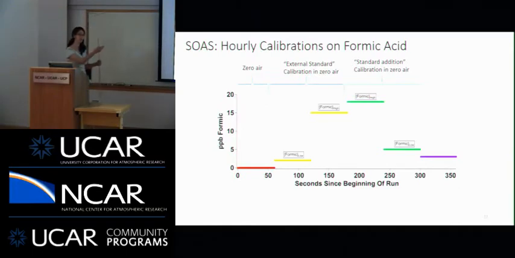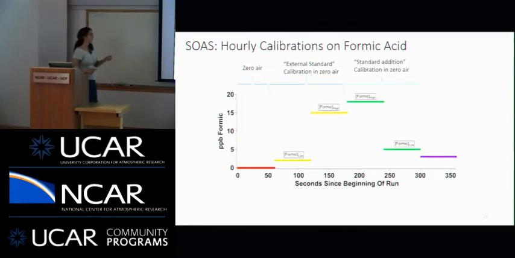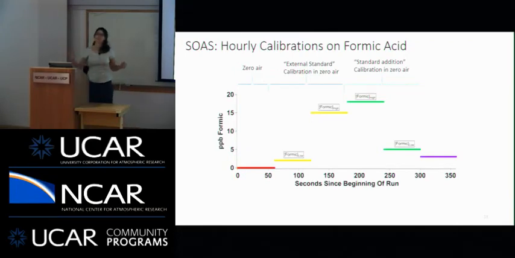We then turned off the zero air, and we pulled in atmospheric air. And what we then did was effectively a standard addition. We would add in formic acid on top of what exists in the atmosphere at the time. Of course, in that case, if there's some formic acid, in this case you can see about 3 parts per billion in the cartoon, we would add our 2 parts per billion and we would see slightly elevated amounts. So this gave us two separate measurements of how sensitive our instrument was to formic acid.